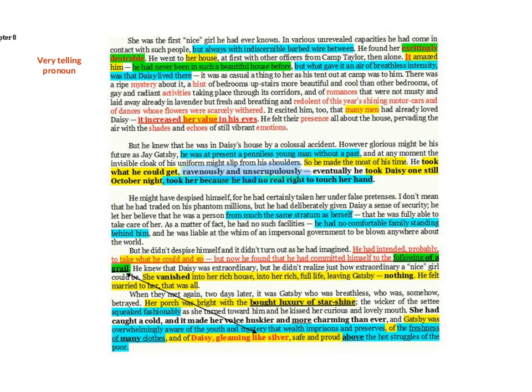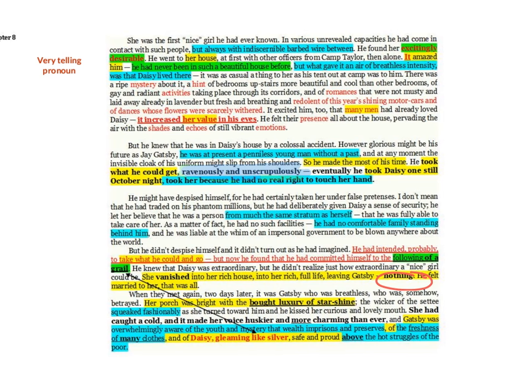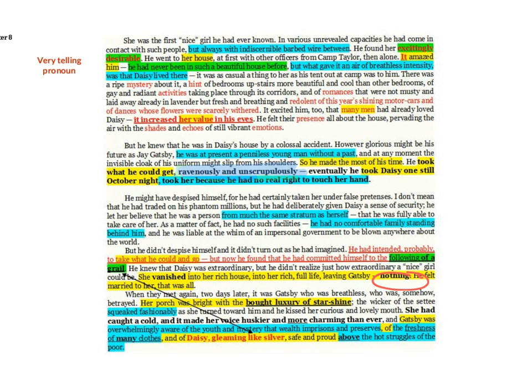Then you also get she vanished into a rich house, into a rich full life, leaving Gatsby nothing. Now we've just seen that word earlier when he's gazing up at the space where Daisy is because she's not next to him anymore. Interesting sort of cyclical patterning there. She goes and he's left with nothing when he's a poor James Gatz. Now he's the rich, great Jay Gatsby. Same. Okay, so it's a cyclical journey, starting with nothing and ending up with nothing.